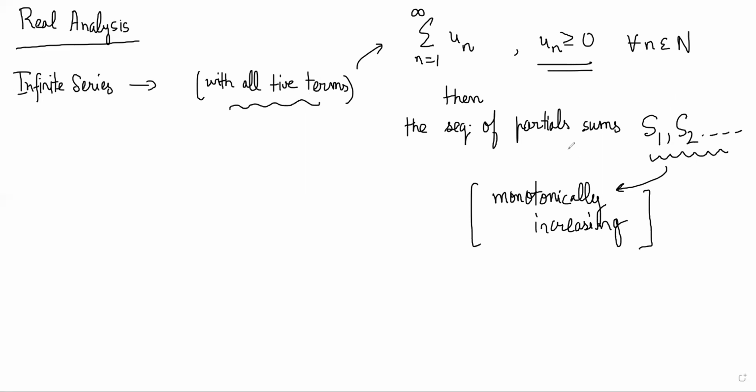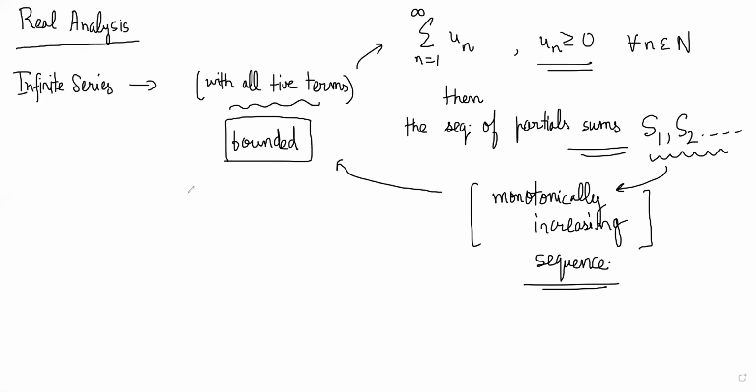Because this sequence of partial sums is a monotonically increasing sequence now. And previously we have learned that for monotonically increasing sequences, you can easily figure out convergence or divergence. The only thing you need to check is whether it is bounded or not. If it is bounded, then it is going to be converging. If it is not bounded, it will not converge. This we saw earlier for monotonically increasing sequences. So that gives us a theorem that